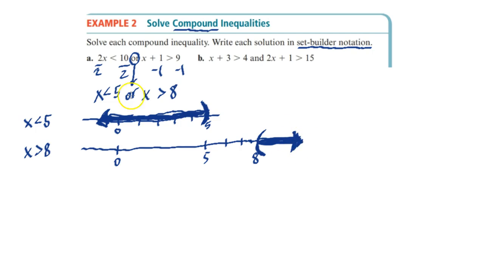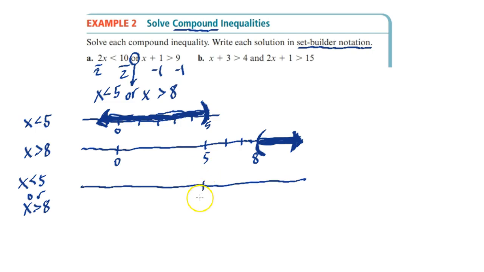Okay, so now what do we mean by or? So either one, so it just has to be in one location. To determine x is less than 5 or x is greater than 8, we want to graph that now. What would that mean in our final solution? It would have to be in either one. Or. So 5, 8, 0. Okay, so it has to be in either one. It doesn't have to be in both. It has to be in either one. So what we need to do is just figure out where either one is located, which will actually just be the ending graph of